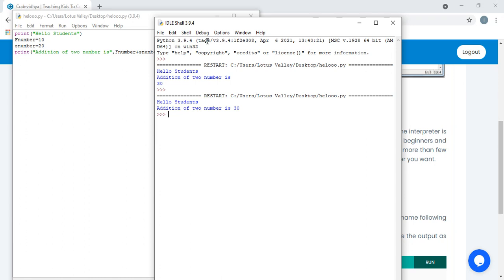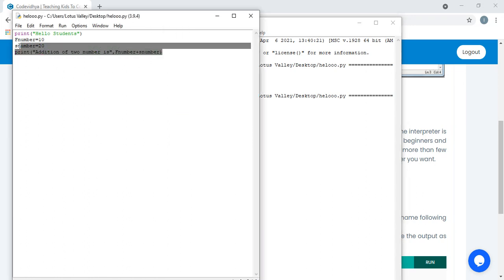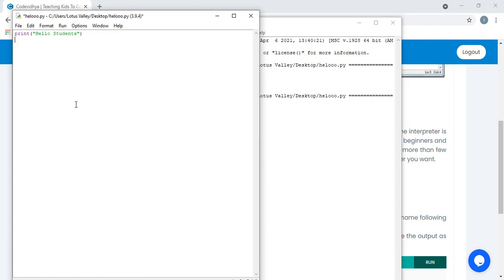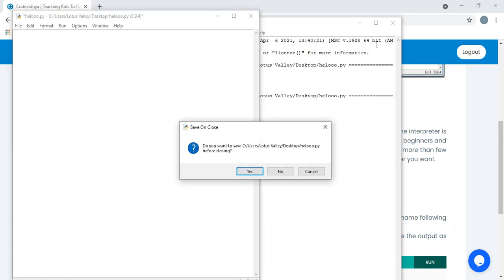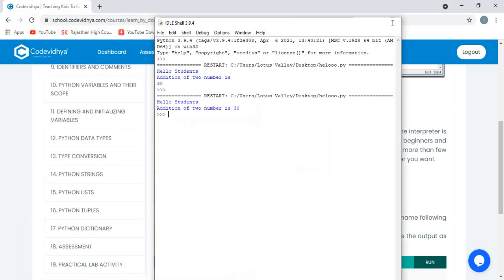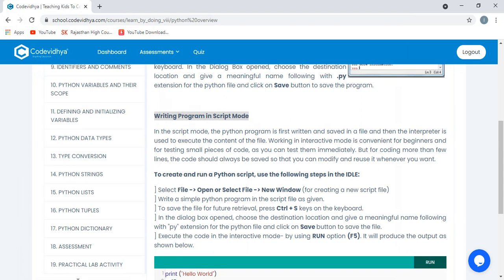Is it clear? Yes, students, is it clear? Yes, ma'am. Okay, now I have one question for everyone. If I want to do addition of 3 numbers, tell me the code for that. Who will tell me? I am closing everything and we are starting from scratch. Now you have to tell me each and every step I am supposed to do if I want to add 3 numbers.